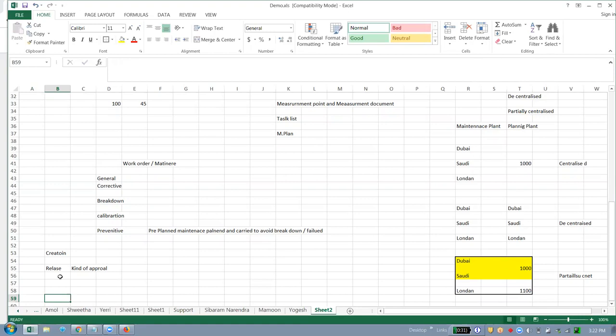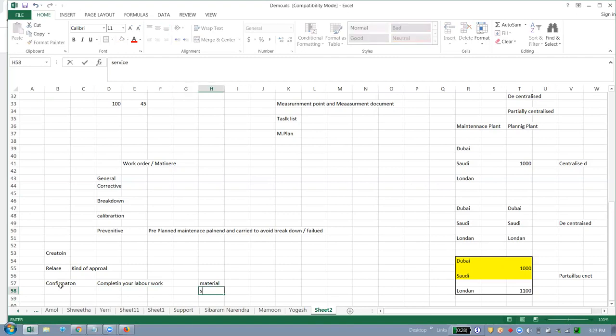After your activities are completed, you need to do confirmation. Confirmation is nothing but completion of your labor work. Only labor. Other kinds of work are material and services.